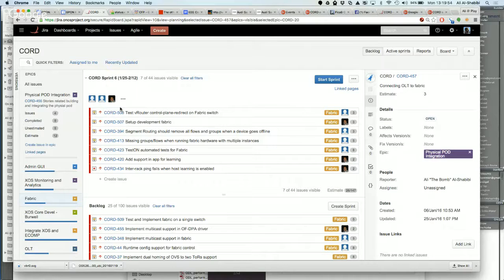So Jono will have some stories under vRouter, but last sprint we confirmed that vRouter can work on an OFTPA switch. So right now we need to make sure that it can work on an OFTPA switch that is also behaving as a Fabric switch. So that would be Charles's main